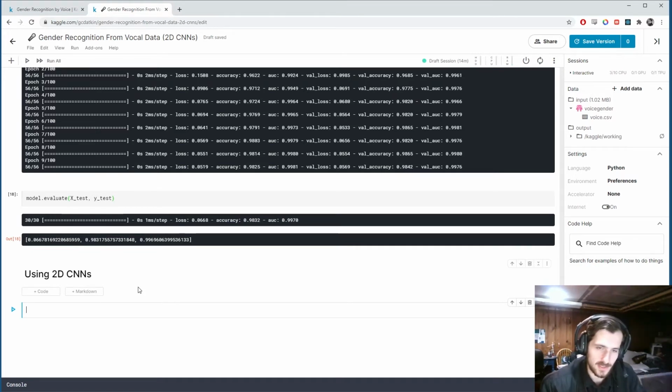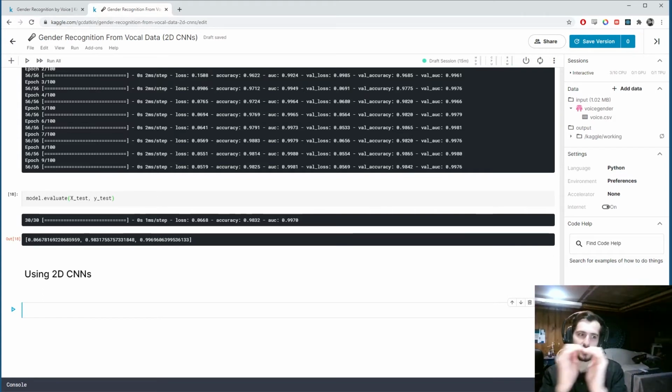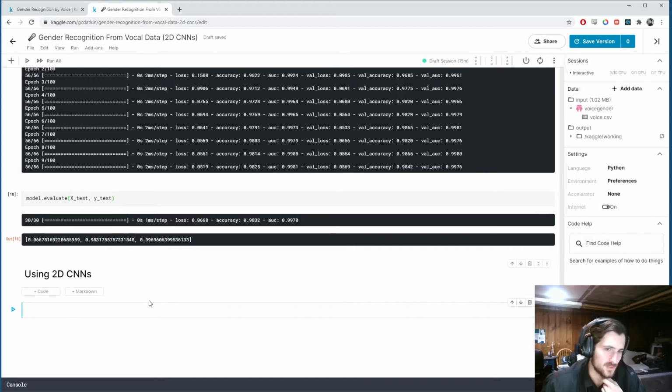And what I mean is, a two-dimensional convolutional layer takes in an image, essentially, or a matrix of pixel data. It doesn't have to be pixel data, actually. It just has to be a two-dimensional matrix. And if you don't know the maths behind convolutional layers, you should go check them out. They're very cool. Basically, it slides over the image and takes data from little sections of the image. I'm not going to go into it in detail, but basically what we're going to do is